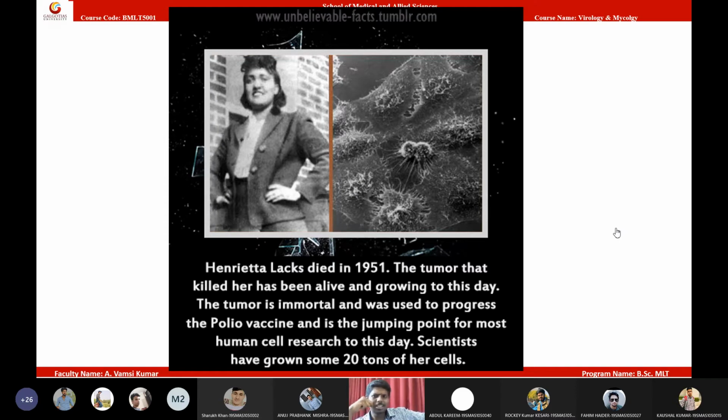Then the doctor thought there is something special about this tumor. Unfortunately, the patient died, but the doctor didn't say anything about the tissue he had taken. Then he waited for 1 month. Still the cells were replicating in the petri dish. Then he waited for 2 months. Still the cells were growing. He was shocked. Something is peculiar with these cells. He waited for 3 months. Still the cells didn't die. He waited for 6 months. Still the cells were replicating in the petri dish.